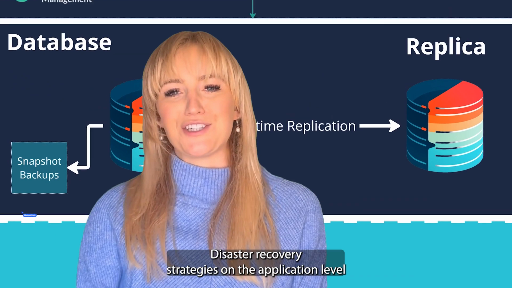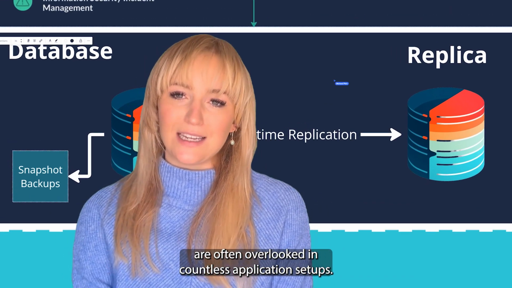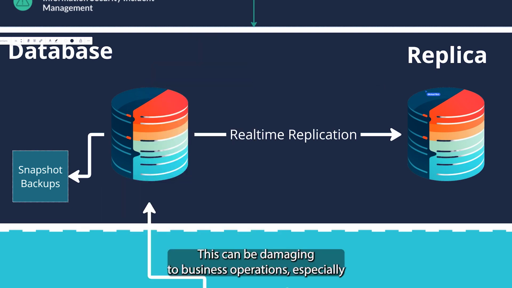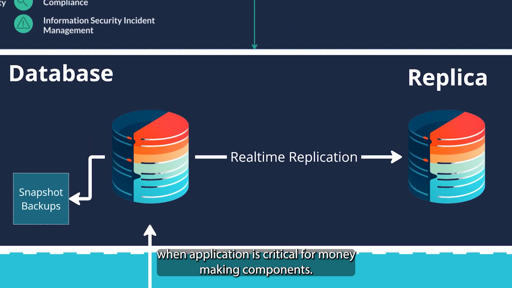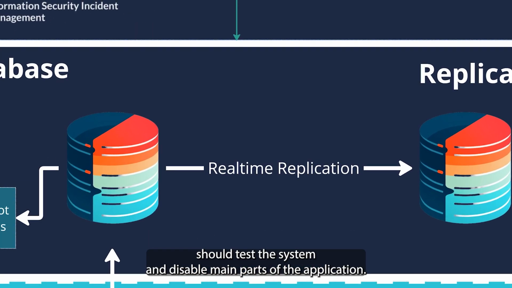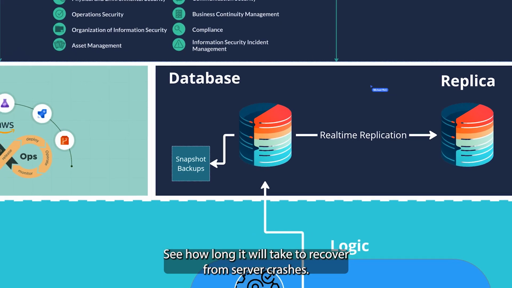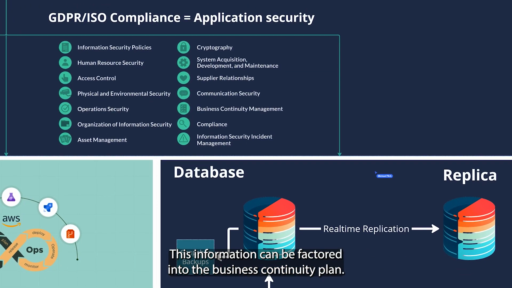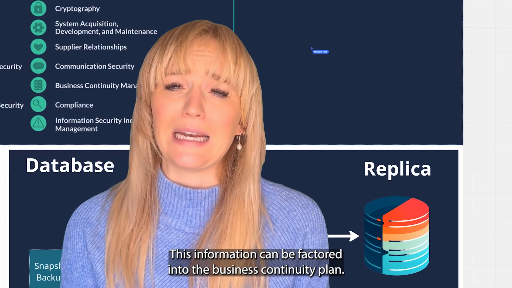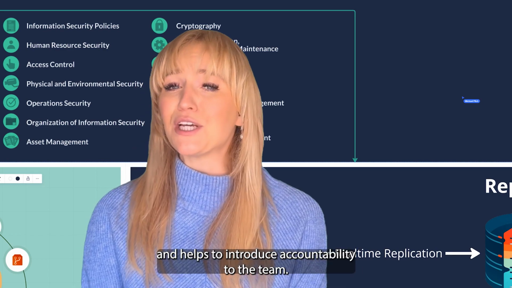Disaster recovery strategies on the application level are often overlooked in countless application setups. This can be damaging to business operations, especially when the application is critical for money-making components. The development team should test the system and disable main parts of the application to see how long it will take to recover from server crashes, data deletion, and so on. This information can be factored into the business continuity plan, company policies, and disaster recovery processes, and helps to introduce